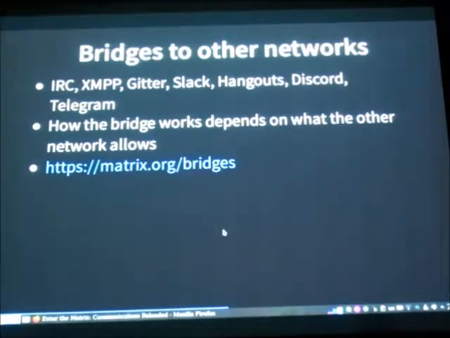One of the major features of Matrix is that it's intended to be able to bridge with other networks. So Matrix has bridges to IRC, XMPP, Gitter, Slack, Hangouts, Discord, Telegram, and many other things. Some of the bridges aren't as advanced as others. They might not have as many features, but there are a lot of different networks that there are bridges for. And how the bridge works depends on what the other network allows. So, for example,